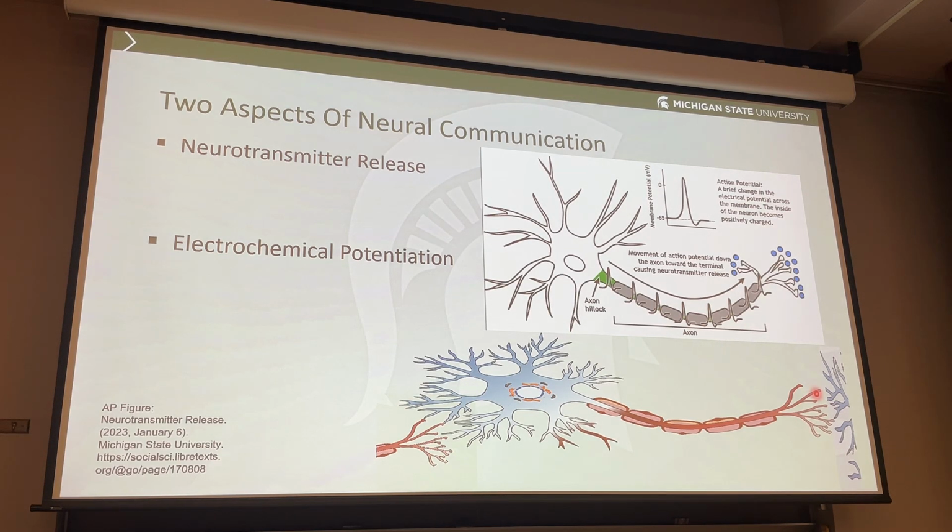But again, what's important is that prior to neurotransmitter release, what has to happen is a string of action potentials all the way from the soma out through the axon down to the end of the terminal. An action potential can be recorded like this. The membrane potential of a neuron is shown on the y-axis here, the x-axis is time, and a quick bottom line